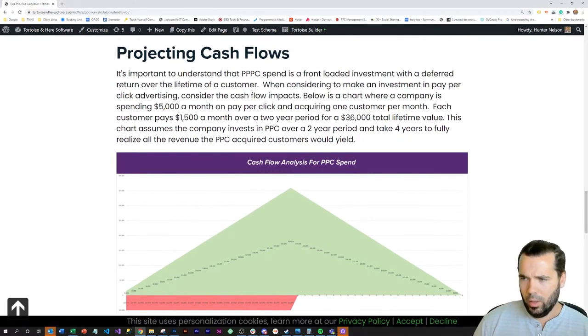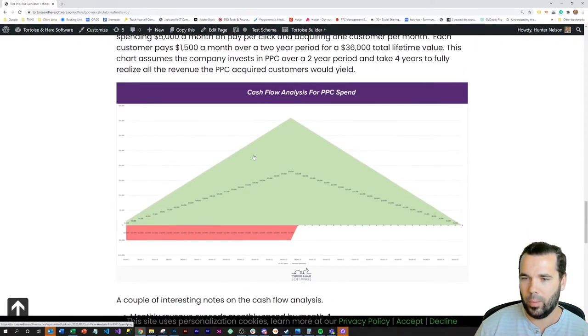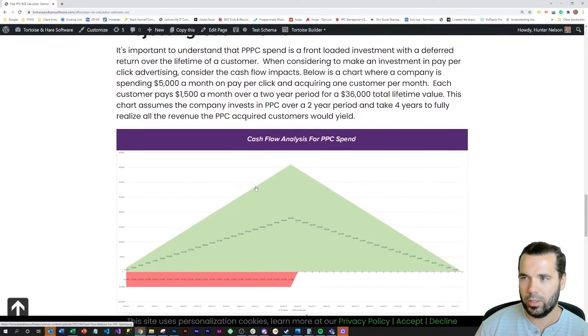So I did some numbers here in a simulation that I plugged into an Excel spreadsheet based on a $5,000 a month PPC campaign, $1,500 a month over a 2-year period for a total of 36,000 customer lifetime value, and basically forecasted out the revenue earned with the expense. So let's just say that they're advertising over a 2-year period, but then these customers pay $1,500 a month for